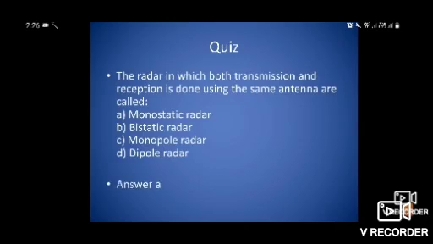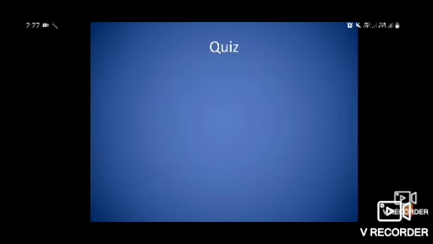When the radar uses separate antennas for transmission and reception, we call it a bistatic radar. Okay, so note this question. Next,